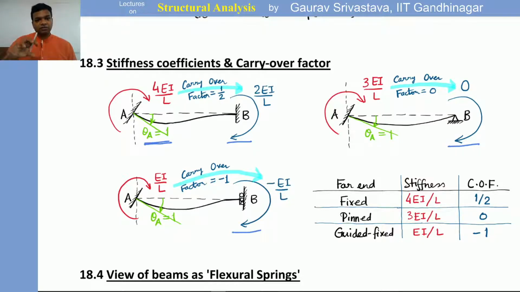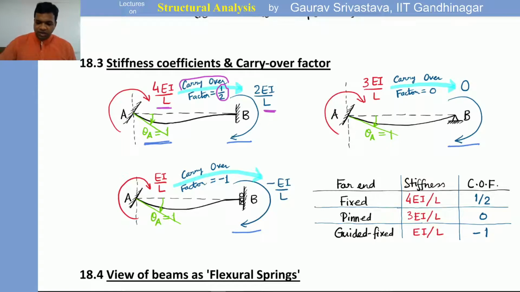And once we apply 4 EI by L at A, at joint B, there is an induced moment of 2 EI by L. Okay. So it's like that we apply this moment, and this moment is getting carried over. Okay. It is getting carried over to the other joint by a factor of half. Okay. So if we apply M here, M by 2 is getting transferred to the other joint with the same